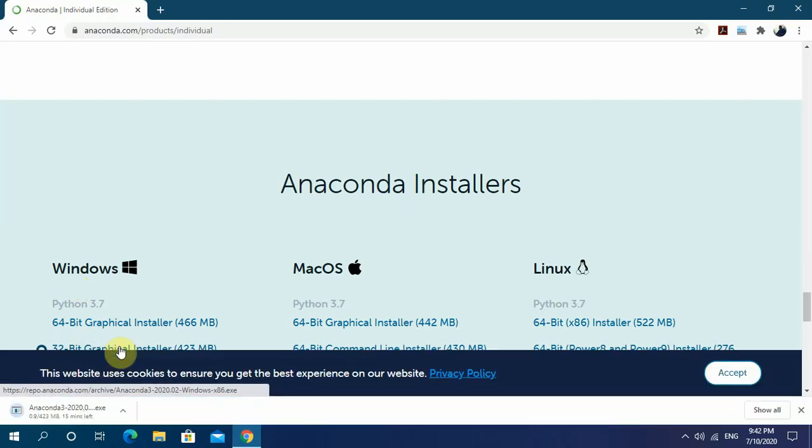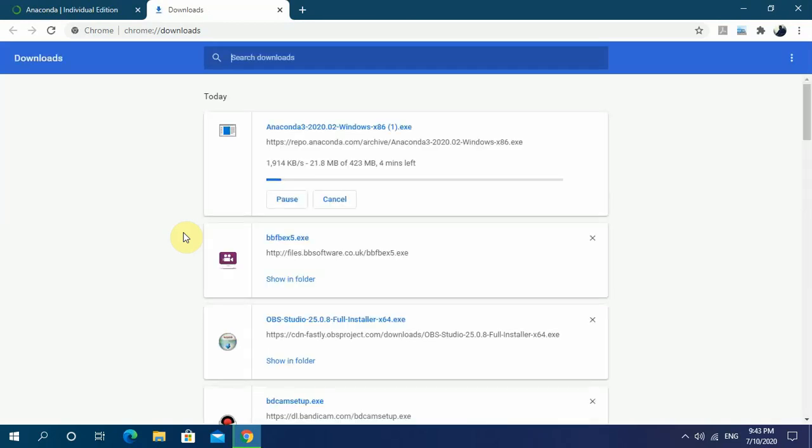Once you click on it, it will start to download. I am pressing Ctrl J to go to the downloads, and under the downloads we will find that file getting downloaded. Let's wait for some time to open the downloads. So as you can see, the download has already started and it is downloading the file. Now once this file gets downloaded, you are supposed to click on this exe file, whose name is written over here, and from here you have to click next and finish.